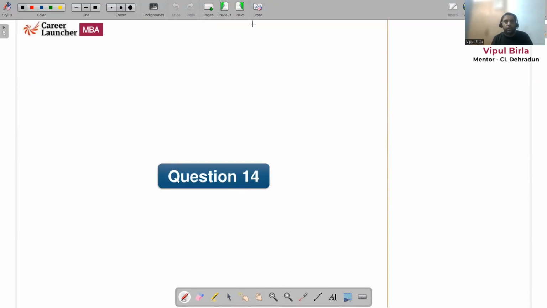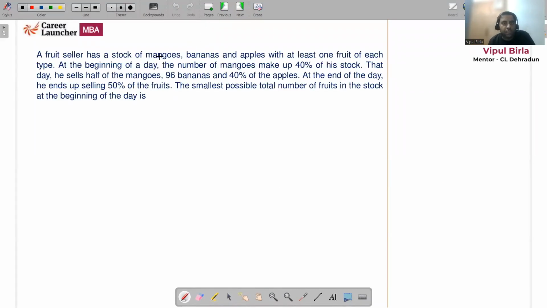Let's look at question number 14. A fruit seller has a stock of mangoes, bananas, and apples with at least one fruit of each type. At the beginning of a day, the number of mangoes makes up 40% of the stock. That day, he sells half of the mangoes, 96 bananas, and 40% of the apples. At the end of the day, he ends up selling 50% of the fruits. So total sale is 50%. The smallest possible total number of fruits in the basket at the beginning of the day is, let us say,